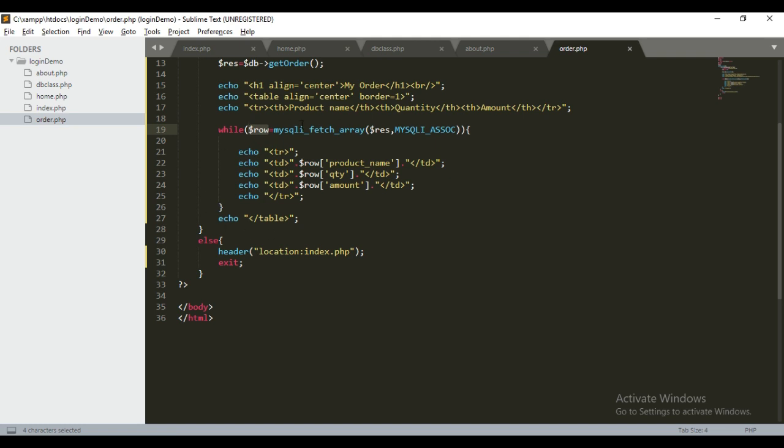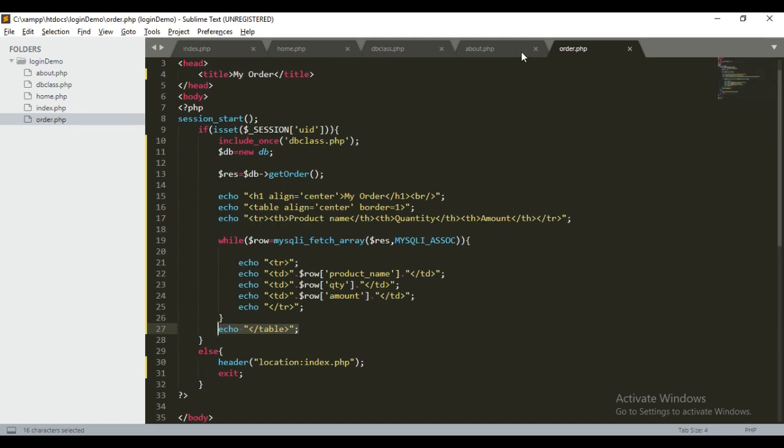This loop will continue as long as the result variable has any row. And I display them with an echo of HTML, using the associative array: product name, quantity, and amount. These are the database field names. And in the end I'm ending the table.